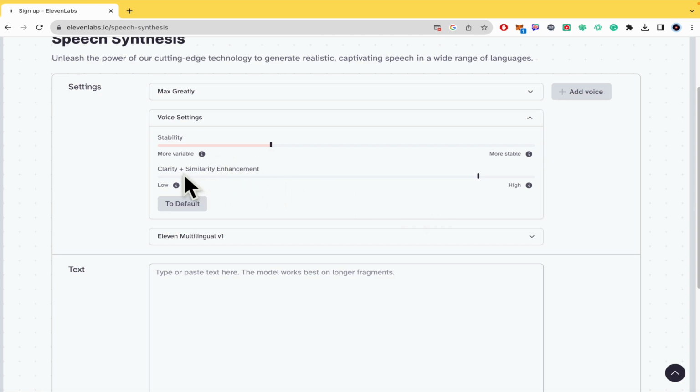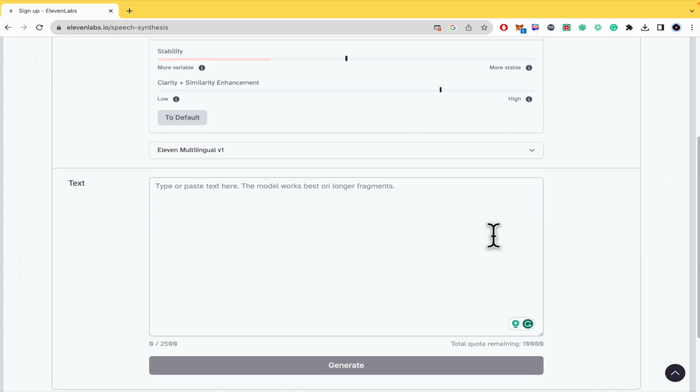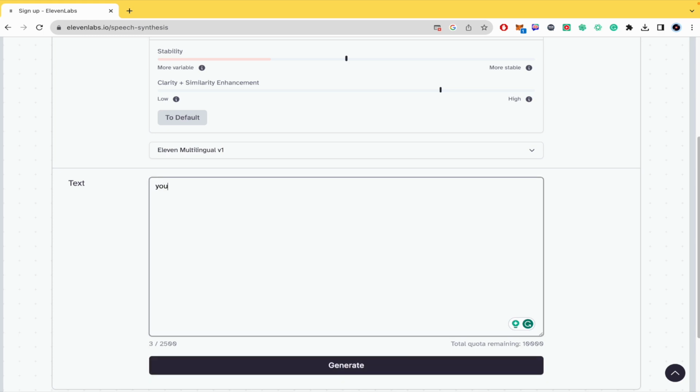And also, if you want the clarity plus similarity enhancement, it is low by now or it could be high, whatever you want. I'm gonna leave it at 80% as default, or you can just tap here in order to make it default. So once you have done that, you must